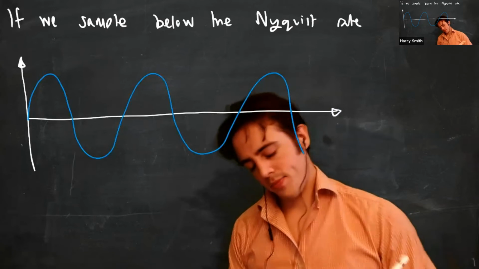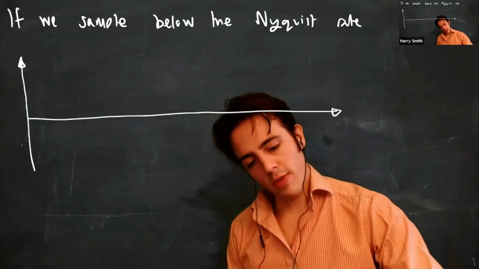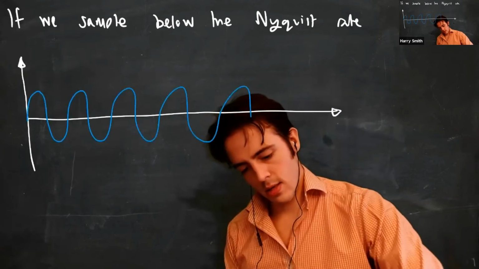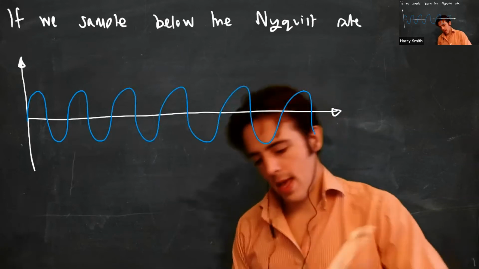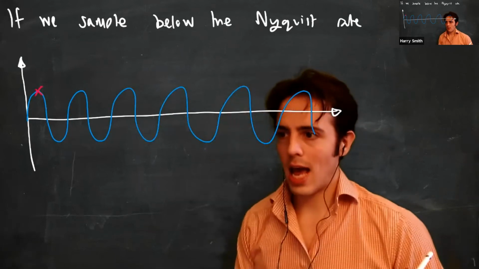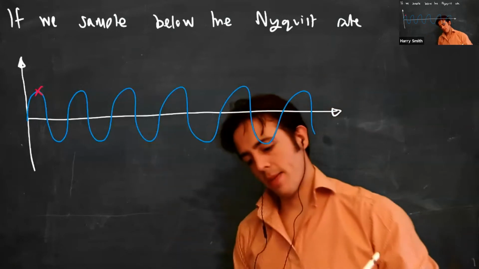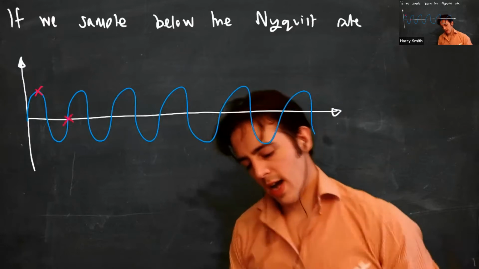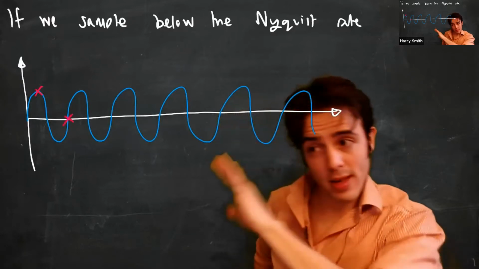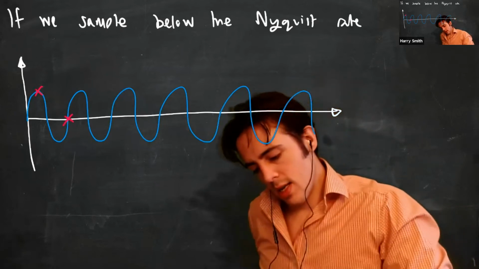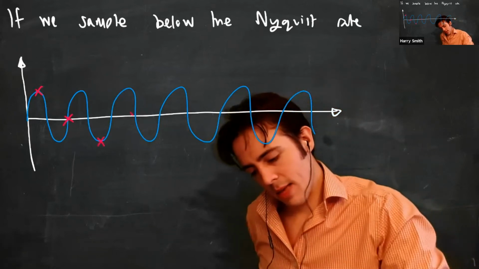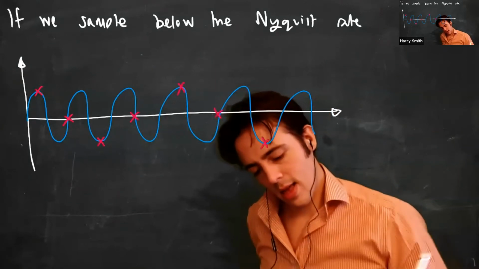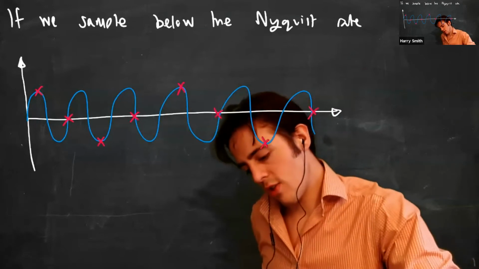So let's say that I need more than that. Let's say I've got some periodic signal here, and my first sample luckily happens to be on the very peak of here. My second sample is, let's say, 3/4 of a period later. So this would be below the Nyquist rate. 3/4 of a period later, I'd be here, then I'd be here, then here, here, here, and here. So if I try and join these up now,